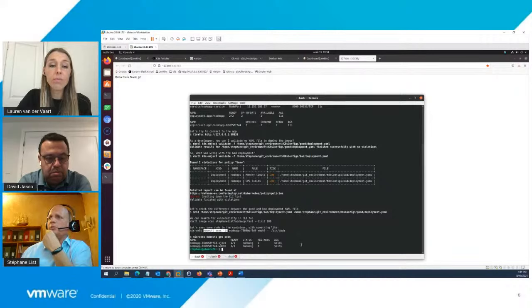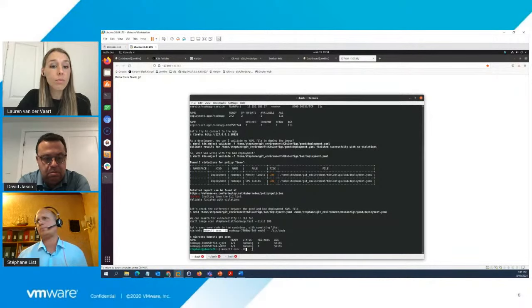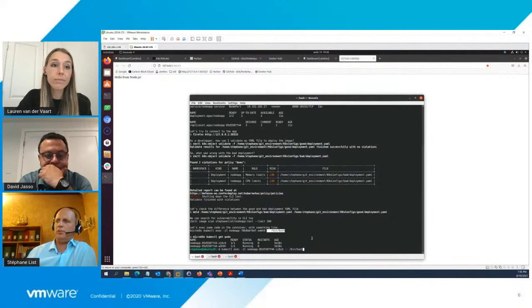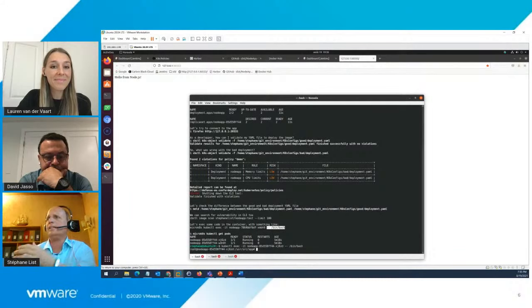You just have to execute kubectl exec, then the name of one container, and then you can execute some command. You can execute, for example, bin bash. So here I am on my Linux machine. My name is Stefan, so my login name here is Stefan. And I can log in just by using kubectl exec. I can log in into a container.